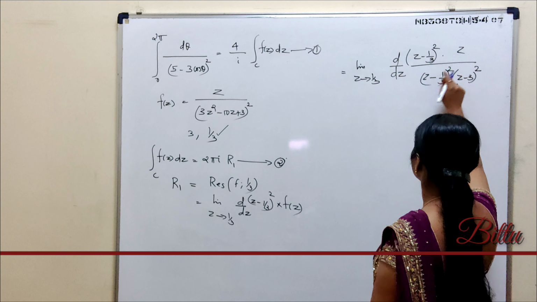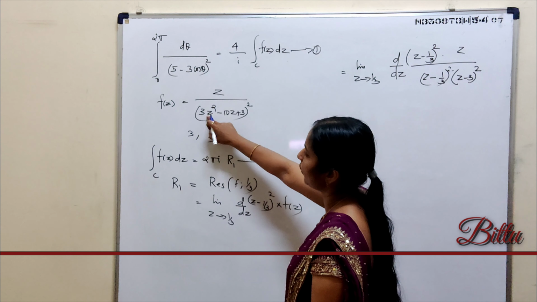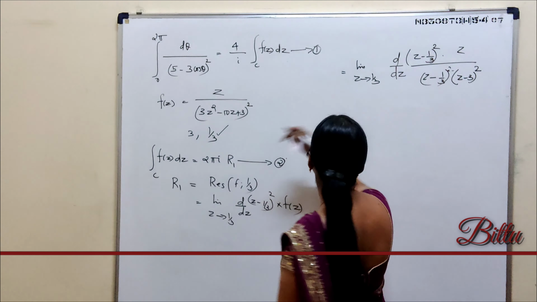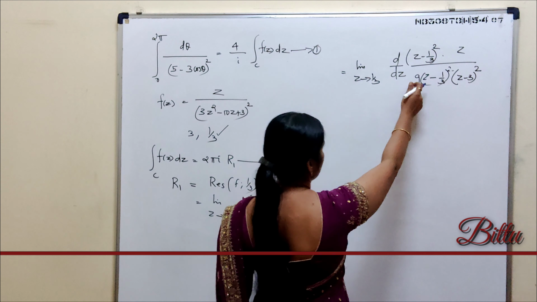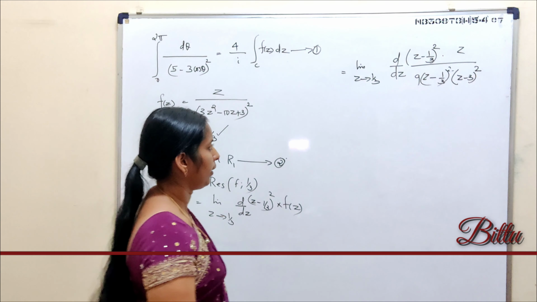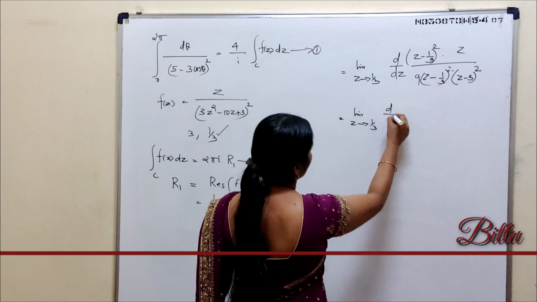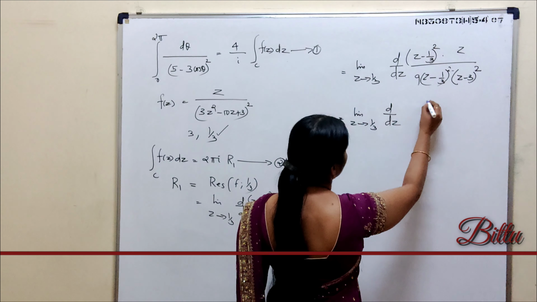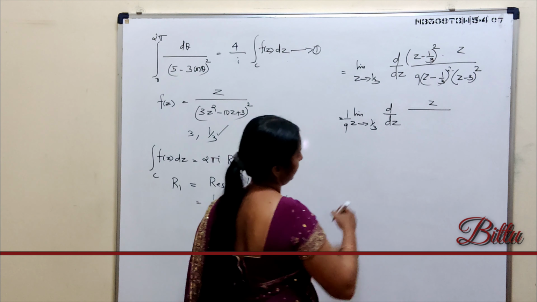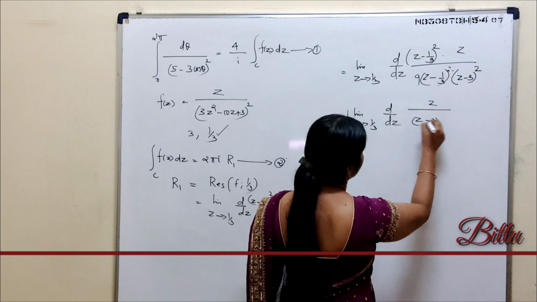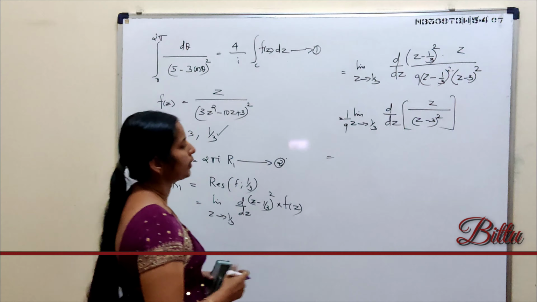So it becomes this raised to 2 and z minus 3 raised to 2. And again here we have the coefficient 9 outside, so we have to put 9 here. Most of the students make a small mistake here. You have to put 9. So it is limit z tends to 1 by 3 d by dz of z by z minus 3 the whole square, where you can take the constant 1 by 9 outside. You take its derivative and put z equal to 1 by 3.